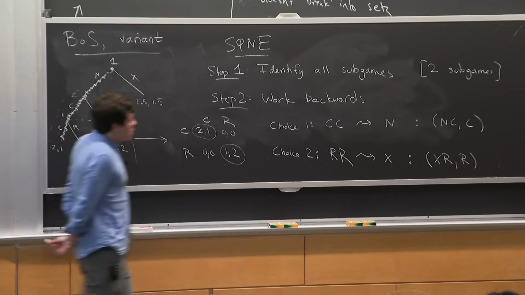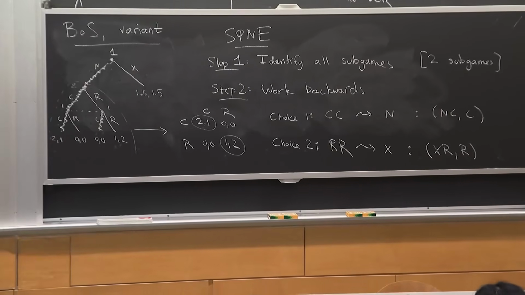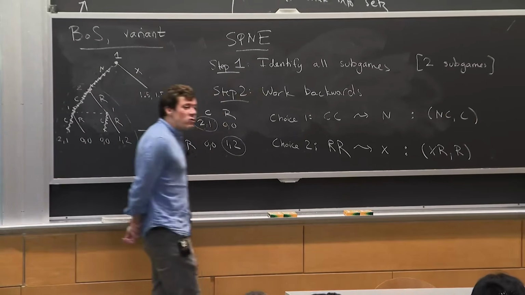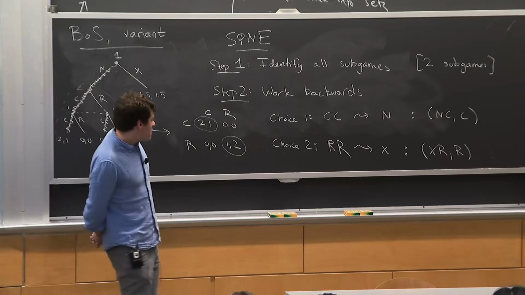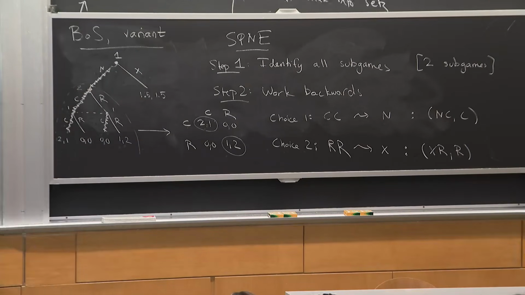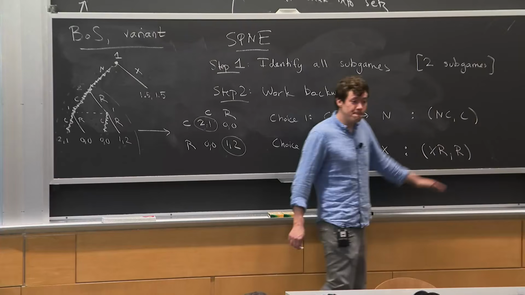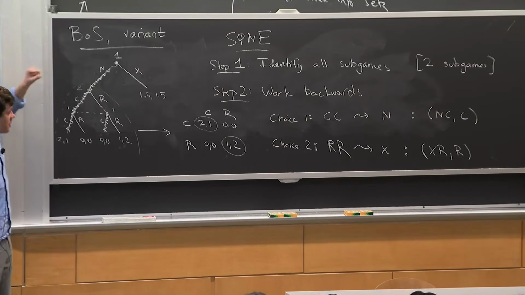Now, so great. In this game, we found 2 subgame-perfect Nash equilibria. But there could be some other Nash equilibria that aren't subgame-perfect. Can anyone see an example of a Nash equilibrium that's not going to be subgame-perfect? Maybe it's a bit tricky, but let's just look at this here. Let's focus on this subgame-perfect Nash equilibrium, right? We know that